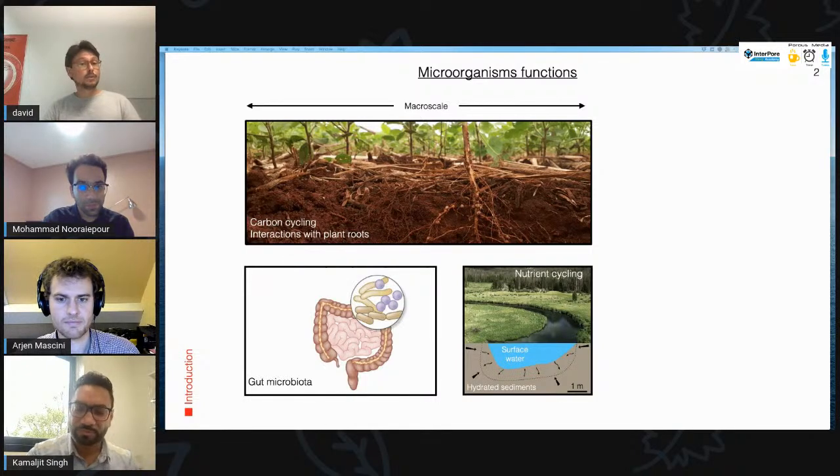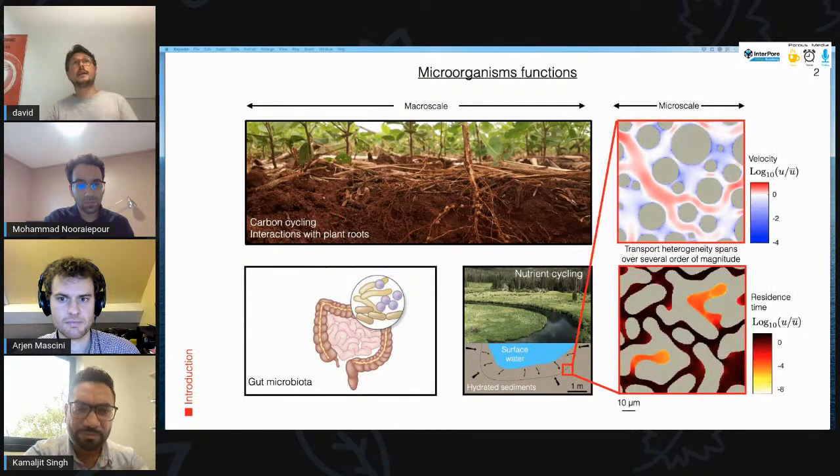The study of microorganisms relied extensively on a well-mixed system, which is a very powerful tool to describe processes at a macroscopic scale. However, soils, sediments, and biological tissues are all characterized by spatial heterogeneity, where the physical constraints such as flow or resource availability are heterogeneous and can span several orders of magnitude across a few micrometers, which is actually the